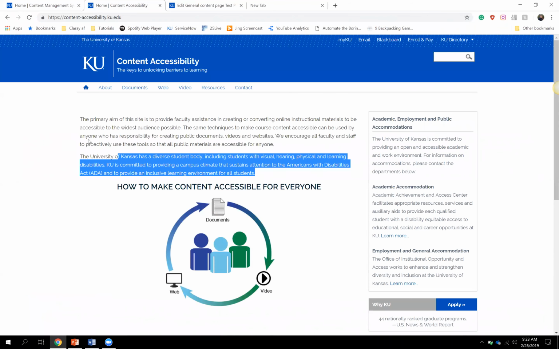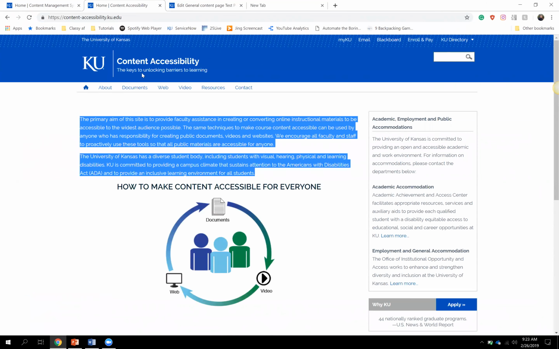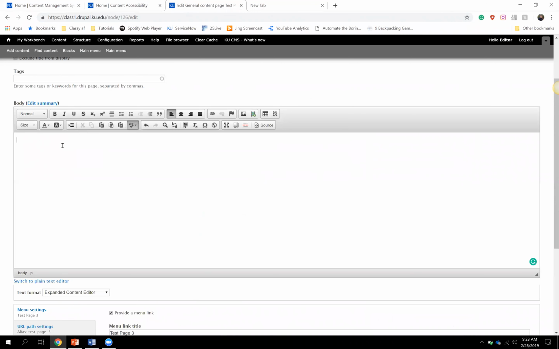So actually, let me just pull it from a different site over here. I'm going to take some of this content here. It doesn't even matter what it says. I just want something to work with because we're going to talk a little bit about formatting. So when I've got content and I have copied it, whether you highlight and right click and say copy, or you do Control C,